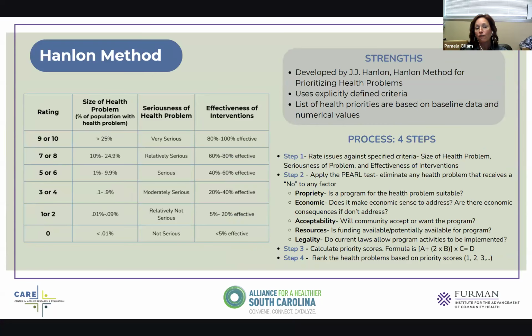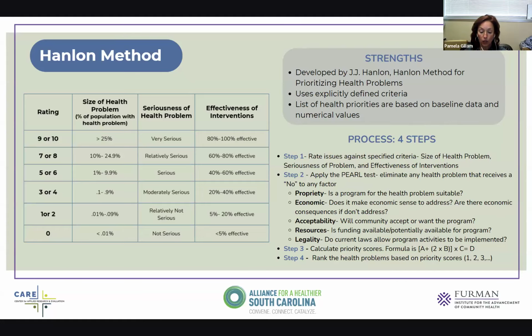So there are some components here that I want to point out to you as part of the Hanlon method. Well, first of all, in this method, the criteria have already been defined for you: the size of the health problem, the seriousness of the health problem, and the effectiveness of the interventions. So let's talk about each of these real quick. So, size of health problem. Some guiding questions you could ask yourself about this is,